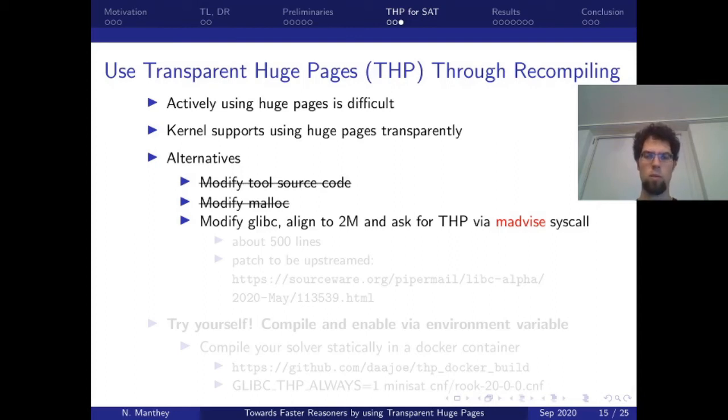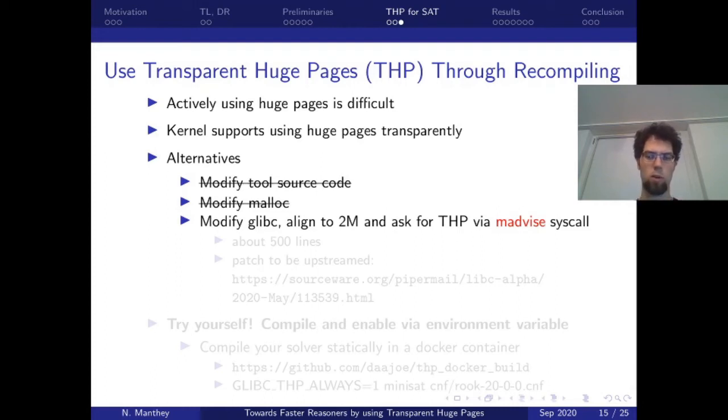malloc could be modified, so whenever you allocate something with the malloc function, you also go to the kernel and say you want to have huge pages. That also doesn't work, because typically you allocate small chunks, especially for the watch lists, which is the part that contributes most of the TLB misses. They are much smaller than 2 megabytes, resulting in the system not giving you a huge page, but only providing small pages. And then the final approach that is taken in this work is to modify glibc so that